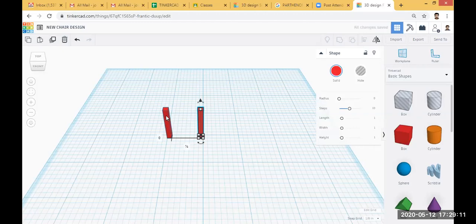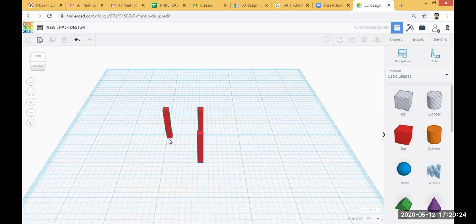Then again click the original leg, then drag it to move the next duplicate copy. Then the last one, again click the original leg and move it to here. So in this way you can apply duplicate and you can create 4 legs of the chair.